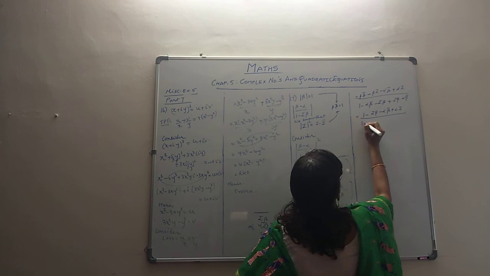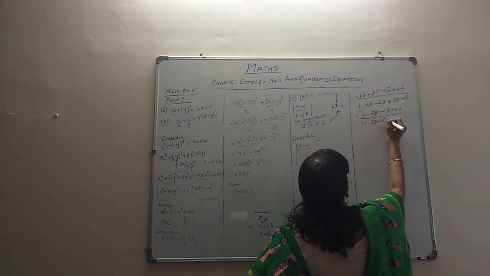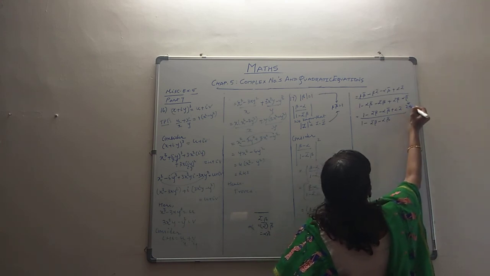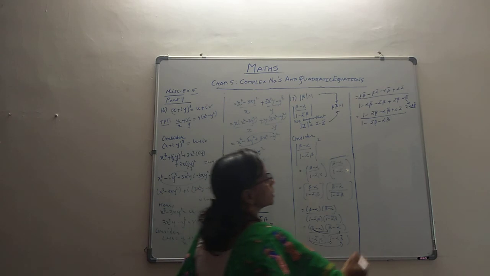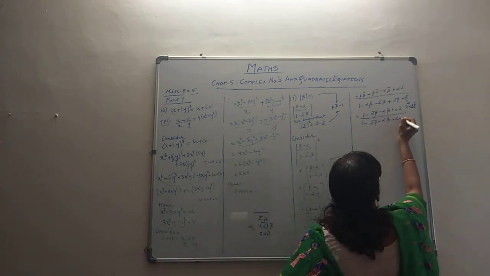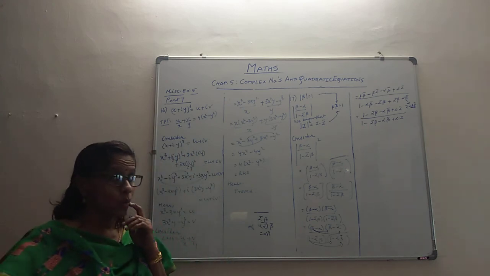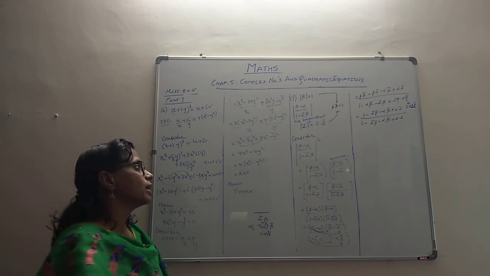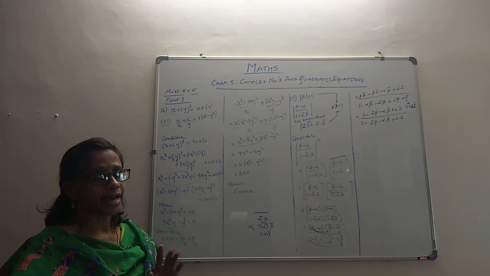Now here it is 1 minus alpha bar beta alpha beta bar, and just see this, alpha bar into beta bar, out of which beta into beta bar we know is 1. So there is no harm if we write just alpha into alpha bar. Just check, there is absolutely no harm if we write it as alpha into alpha bar, because beta into beta bar, when it's getting multiplied, it will become 1. What is the result of all this? We will see that the numerator and denominator are exactly the same.